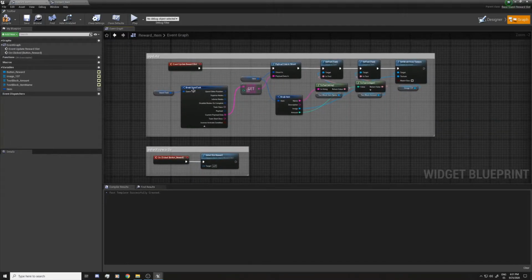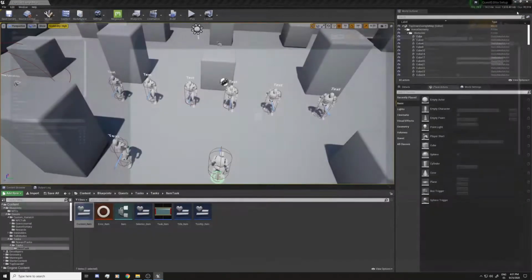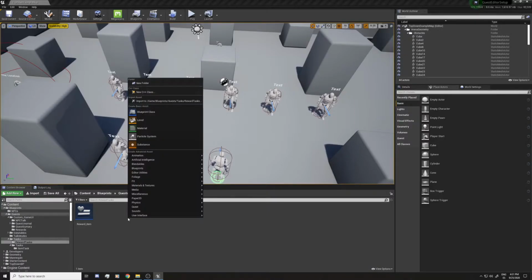Of course, you can do different widgets. You can update all the UI there, and it will depend on you how you will create these widgets. For now, for this tutorial, it's gonna be just that simple. And now, if I go back to task, the reward task, we are missing the task itself that you can place in the editor, and it will contain all the logic for the reward selection.